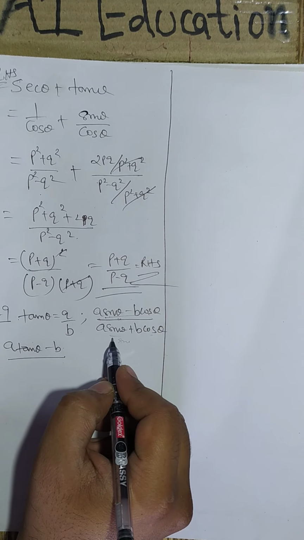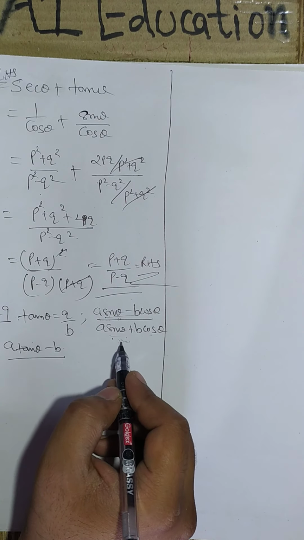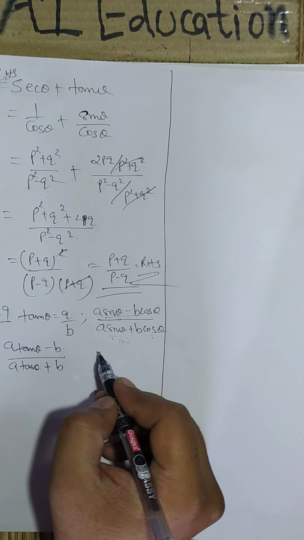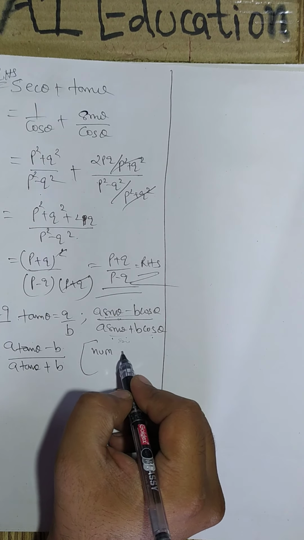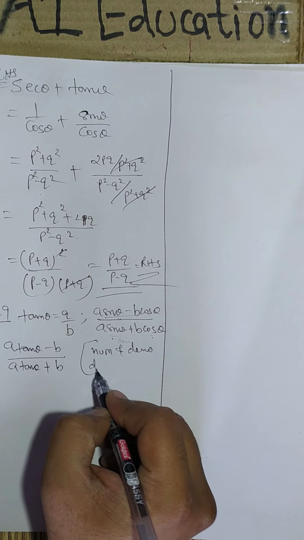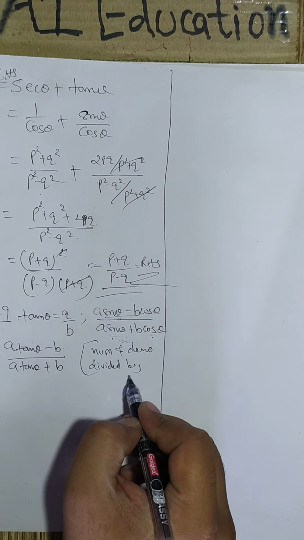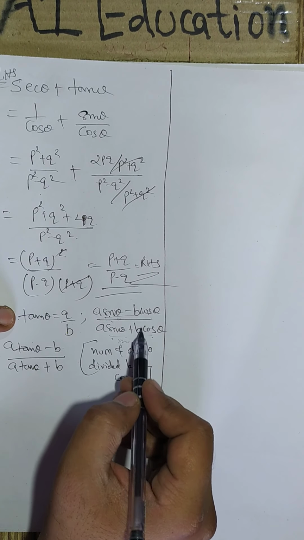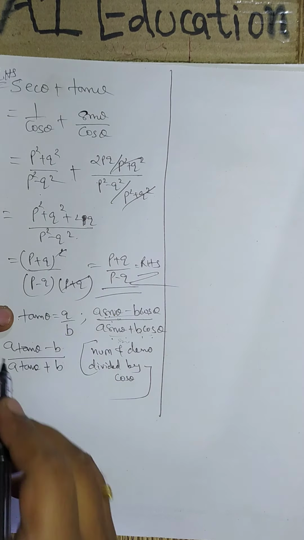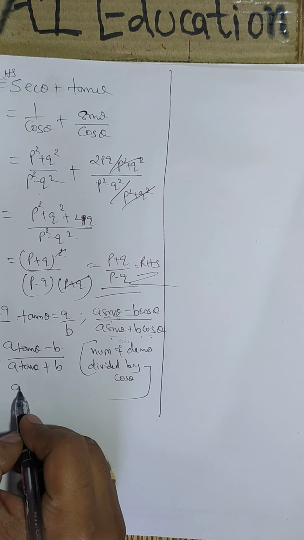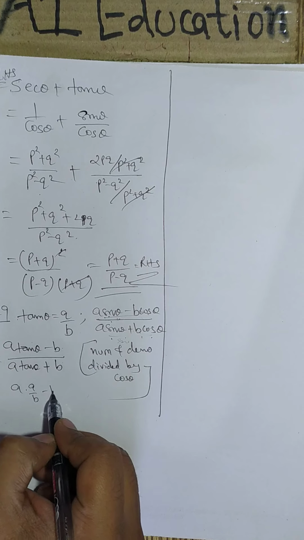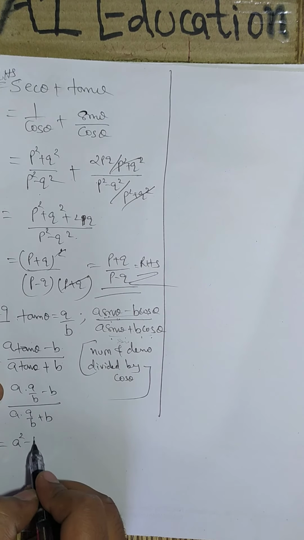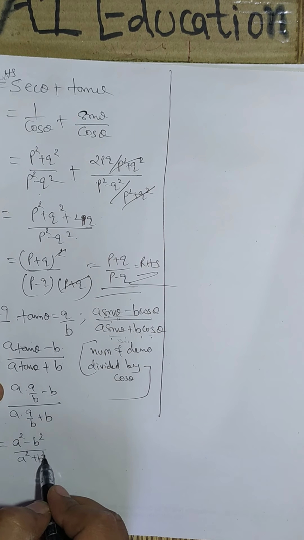And denominator also we divide with cos theta. So sin upon cos becomes tan theta and this cos theta gets cancelled. I will write down here, numerator and denominator both are divided by cos theta. It should be very clear that sin upon cos is going to give us tan, so I have divided numerator and denominator both by cos theta. Simplifying this further, the value of tan theta is a by b, so a times a by b minus b over a times a by b plus b. Simplifying further, this gives a square minus b square upon a square plus b square. This is the answer.